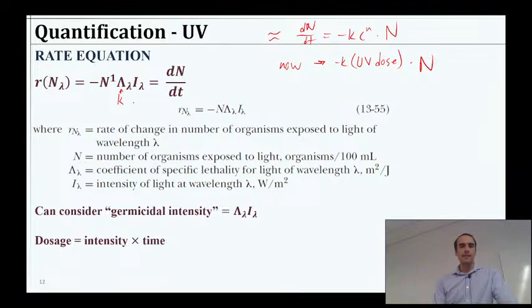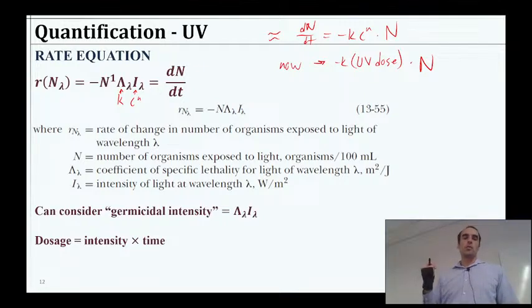times I's intensity, that's going to be kind of that C to the n power that we use, that's the concentration, so to speak. It's going to be the intensity of light at that wavelength. All that's our dN/dt equation. So each of these parameters are written out, but really we don't even need to know too much. We just need to know that it's going to be some light intensity, and a constant for how vulnerable a given pathogen is to that type of light. Okay, so very much parallel to the chemical concentration.